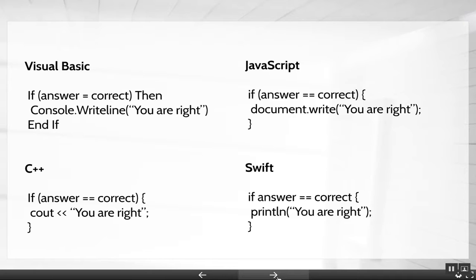With the if or if-then statement, you can see it used with different syntax depending on the programming language. Visual Basic would look like this. If, and then answer equal correct inside parens, then console.writeLine, you are right inside quotes and parens, and if. C++ would look like this. If, and then inside parens, answer, double equal sign, correct, curly brace, cout, you're right, inside quote marks, semicolon,